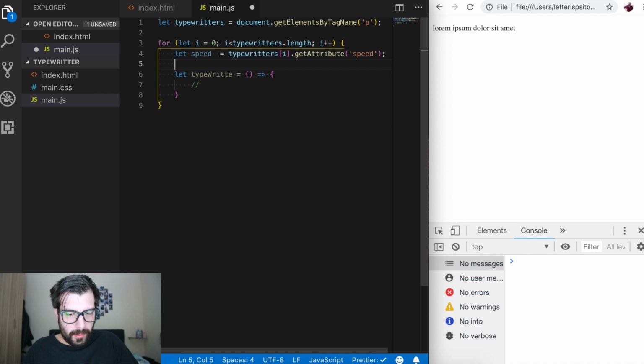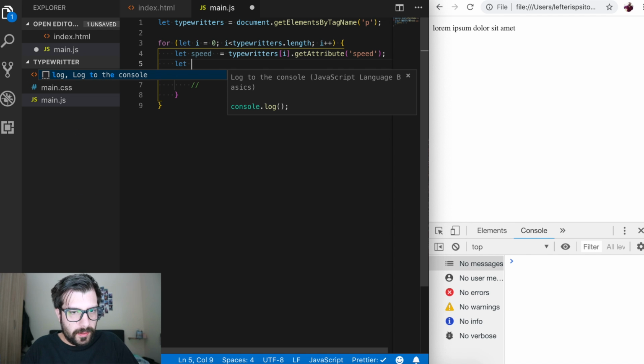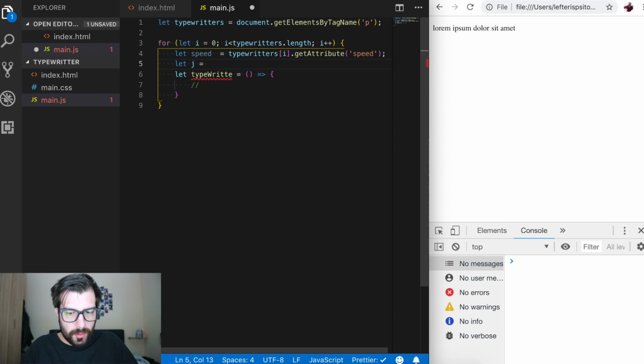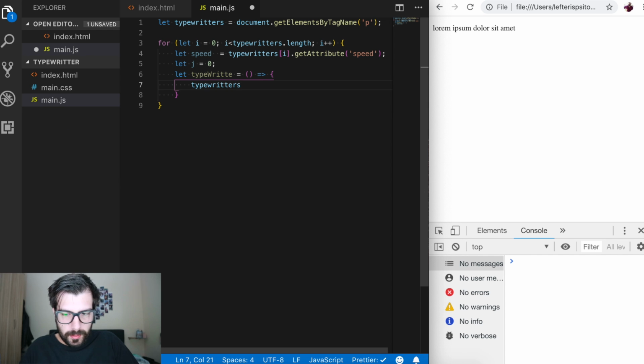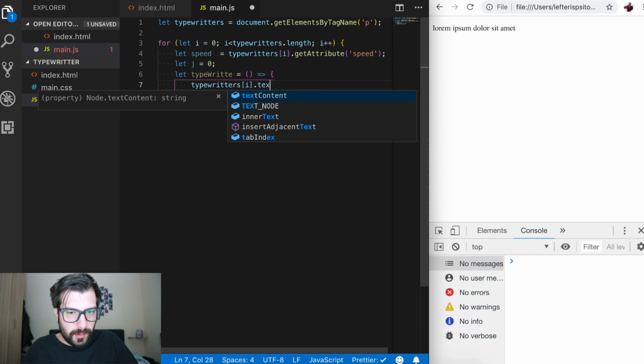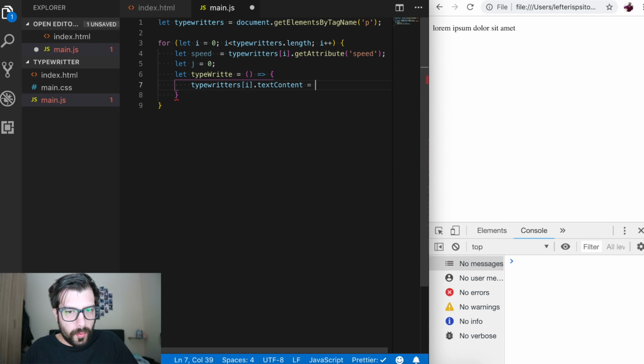I need an initializer, so let's say j equals to 0, and I'm stuck. Typewriters i text content equals to, let's see,